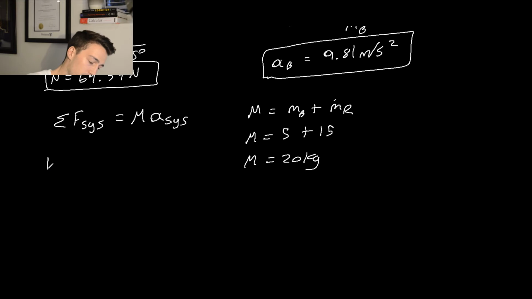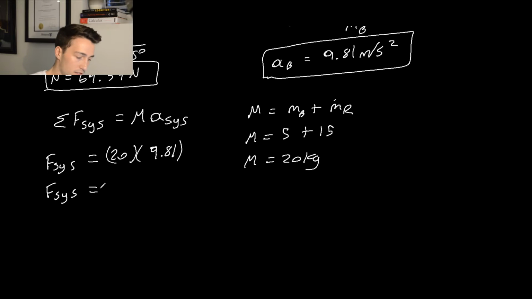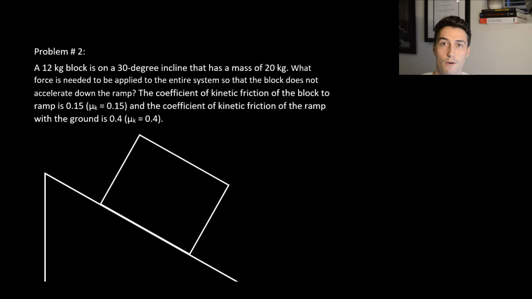And now we can write the force of the system, or the F applied, is equal to 20 kilograms multiplied by 9.81. And we get the F of the system, the force on the system is 20 times 9.81. It's 196.2 newtons. Alright, so now we're doing problem number 2, and this one is a little bit more involved because